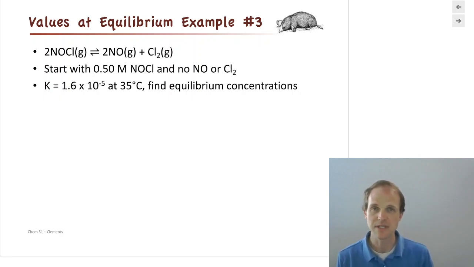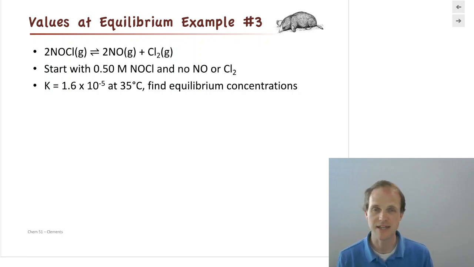And if you remember, what does that mean about our reaction? If we remember a small K, products over reactants, in order to get to be small, you either have to have a very large denominator, which you can't really have with concentrations, or a very small numerator, which you can have with concentrations. So we're expecting to have very small concentrations of our products. And that's going to be really important for how we solve this reaction.